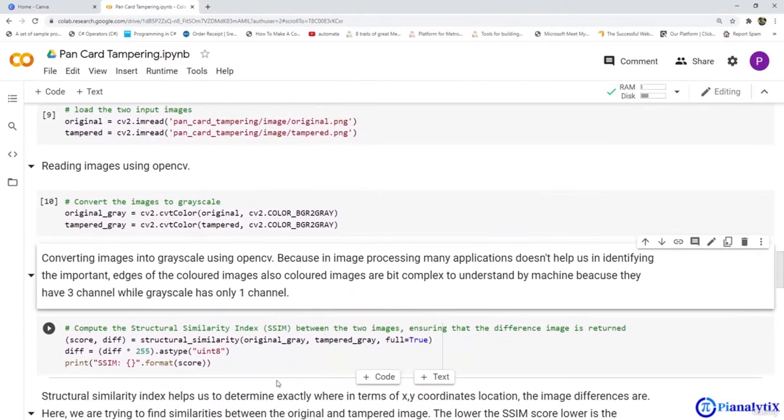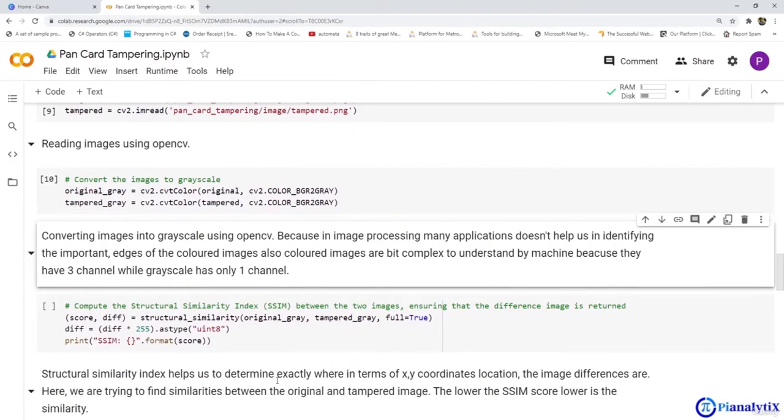Now the most important step is to find the structural similarity between both the images. Structural similarity means the structure of the image is compared to the structure of the other image and the difference between them is noted as a similarity index score. So now let us find out the structural similarity index between the two images.